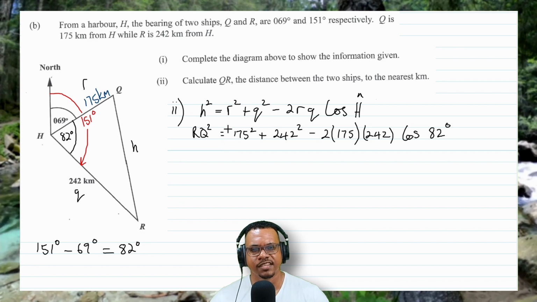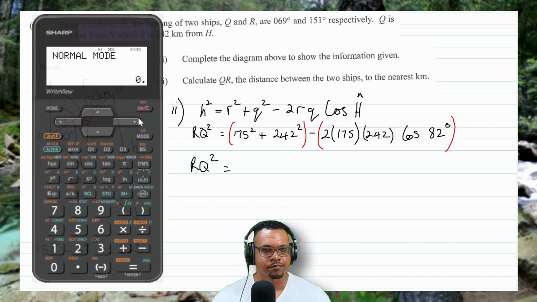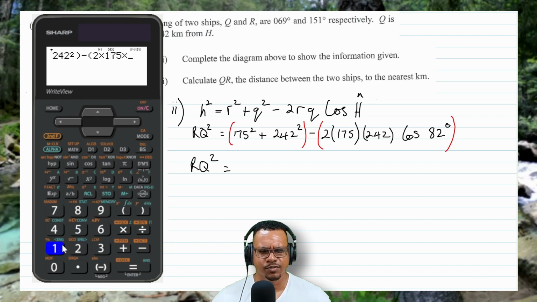Now, we can put all this into the calculator. Let's put brackets here and brackets here. So we're going to have RQ squared is equal to, let's get the calculator up. We open brackets, put the 175 squared plus the 242 squared, close the brackets, take away, open brackets, 2 times 175 times 242 times cosine 82. And close brackets, and that gives us